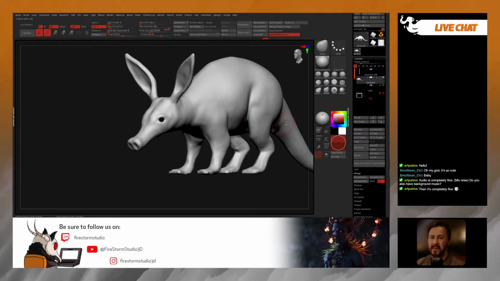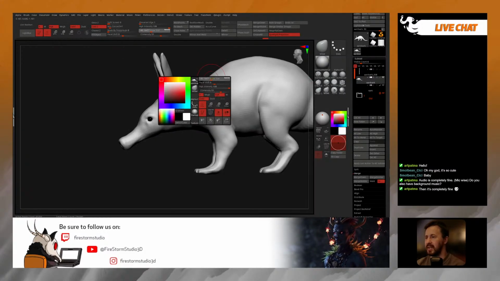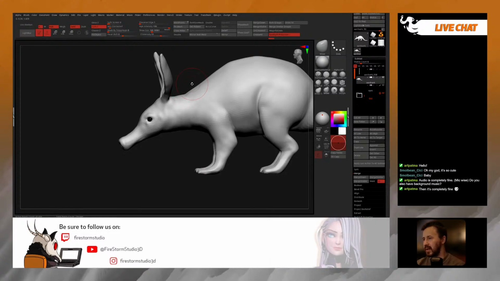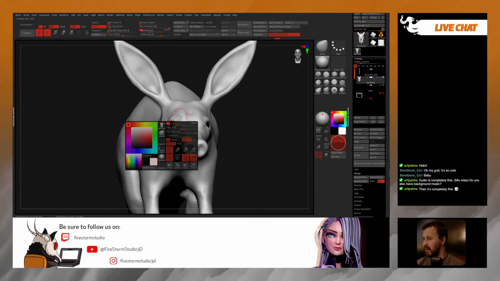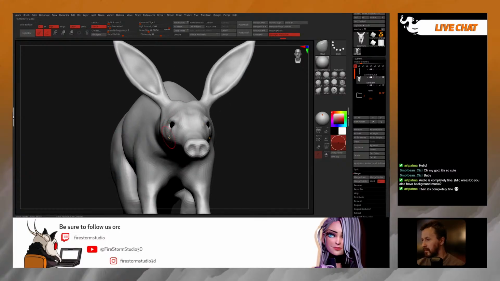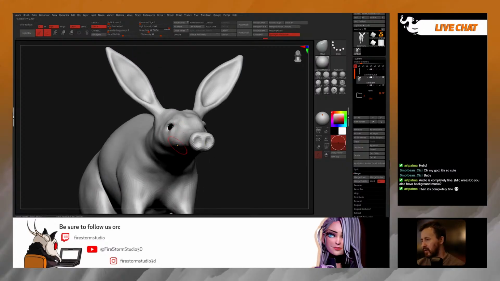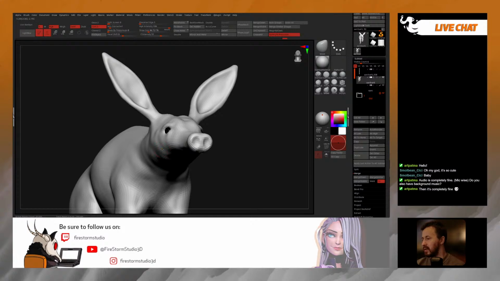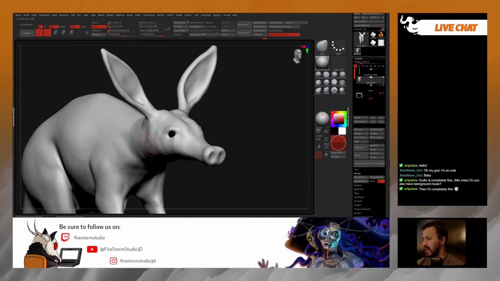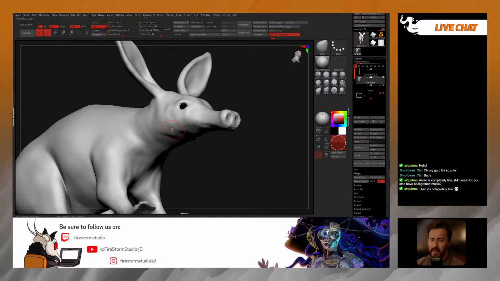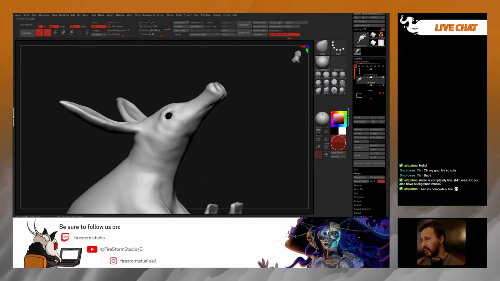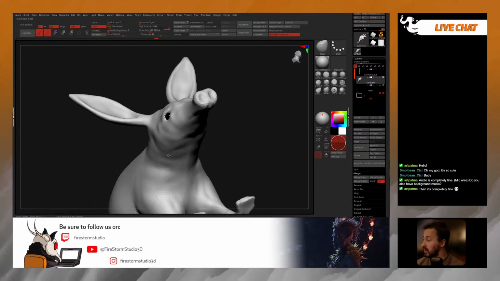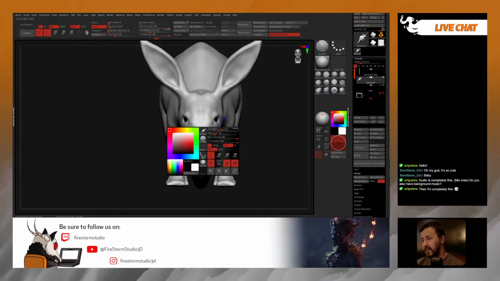So let me see. A couple more things. It's a good way to warm up, I find, as well, to start reassessing some of the forms of the face and the overall shape of what it is you're creating. And I also want to make sure that I'm not fully creating a hairless animal. While we might not be getting into any kind of groom or fur with this, I still want to create that volume that the creature has because of the fur that they've got on them. And depending on the reference image you find, sometimes the aardvark has longer fur, sometimes it's quite short. And there's also a fair amount of